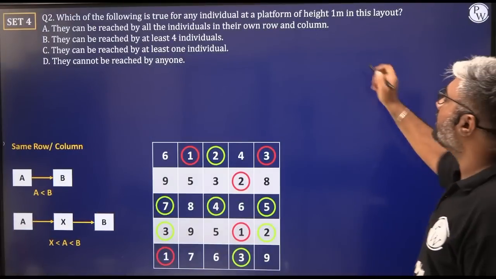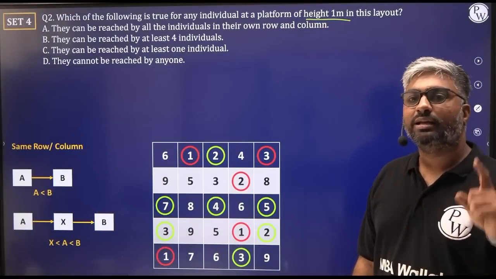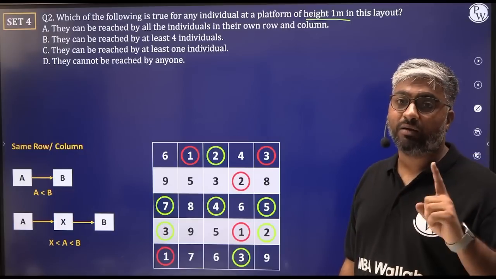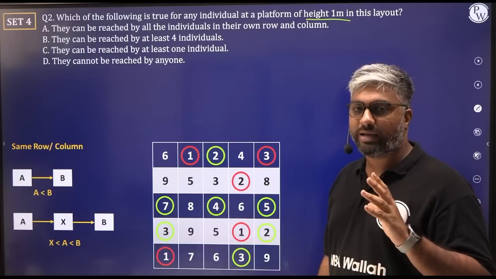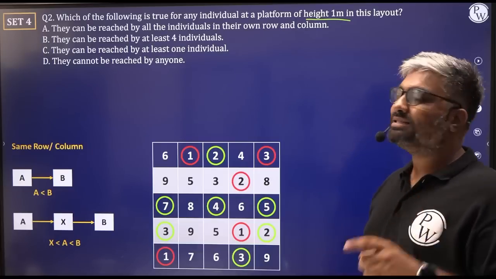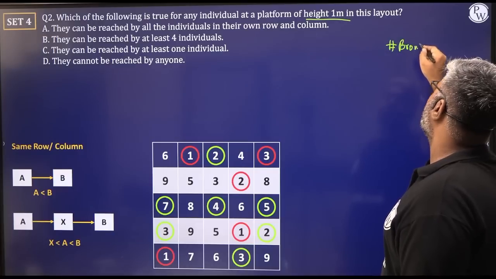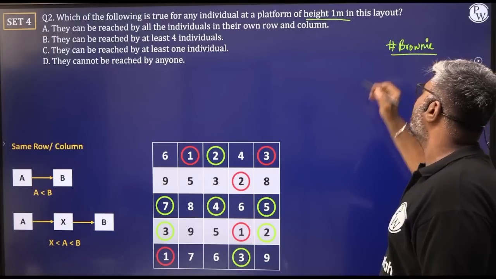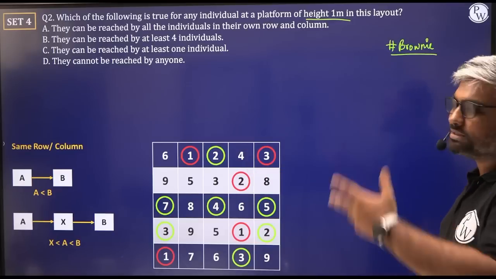Second question is talking about height at 1 meter. Yes, we were lucky enough to decide beforehand that 1 meter से 1 से छोटा कोई भी number नहीं है. That means 1 cannot be reached by any number, any platform. This will act as a brownie. Yes, you don't have to solve the entire grid, all 25 platforms. You don't have to deal with it to answer this one, right?